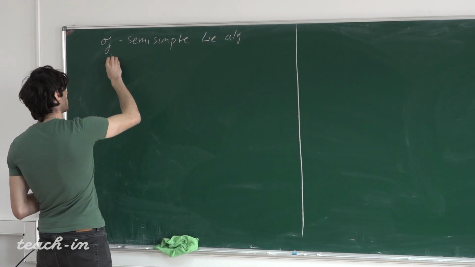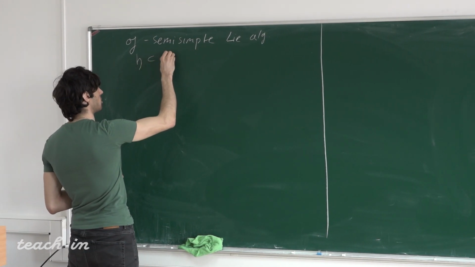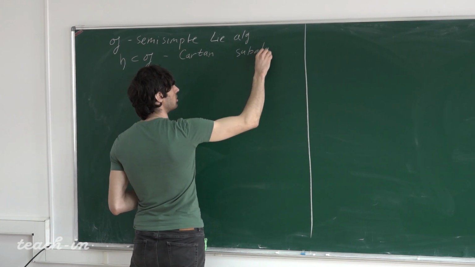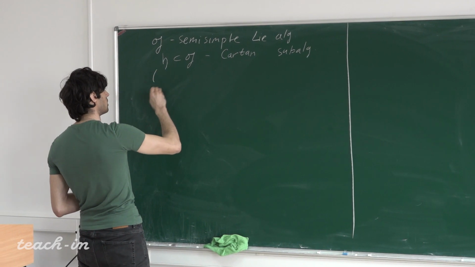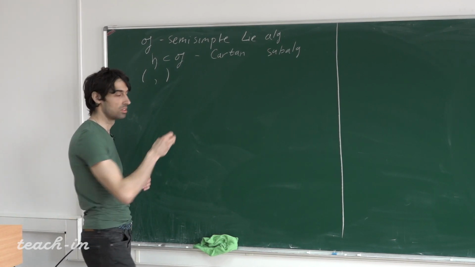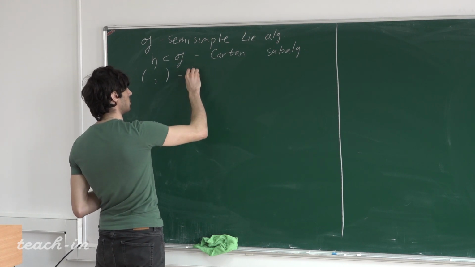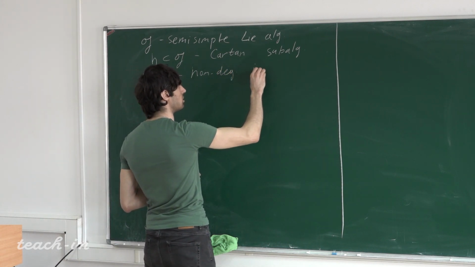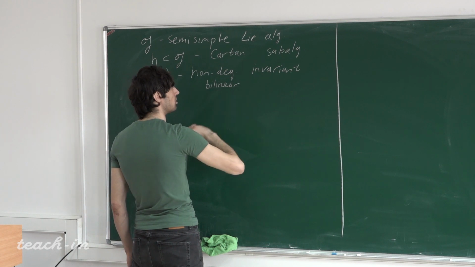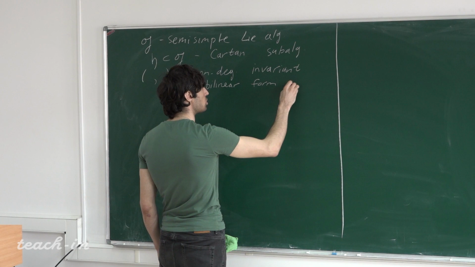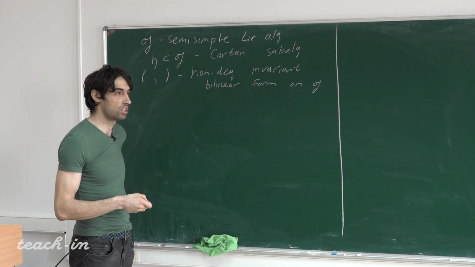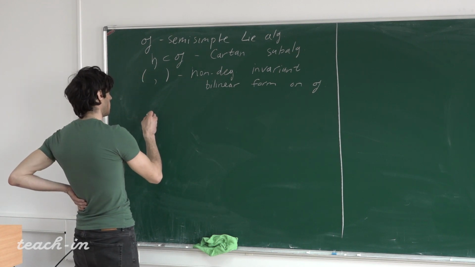And we have inside a Cartan subalgebra H. Let's take and denote the Killing form like that, but it might be any non-degenerate invariant bilinear form on G. All right, so if we have this, then there is a natural vector space isomorphism from H